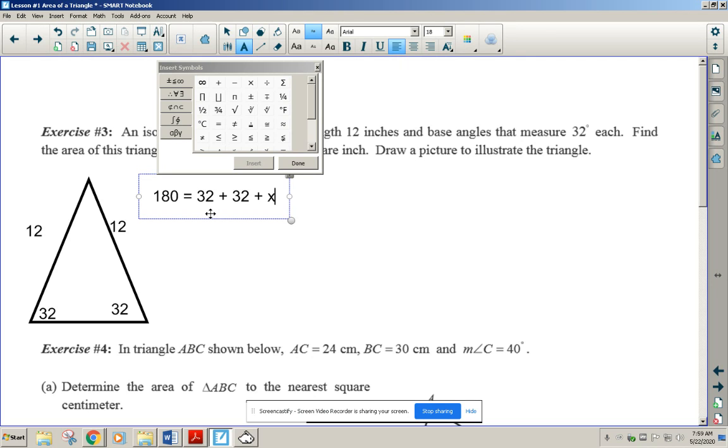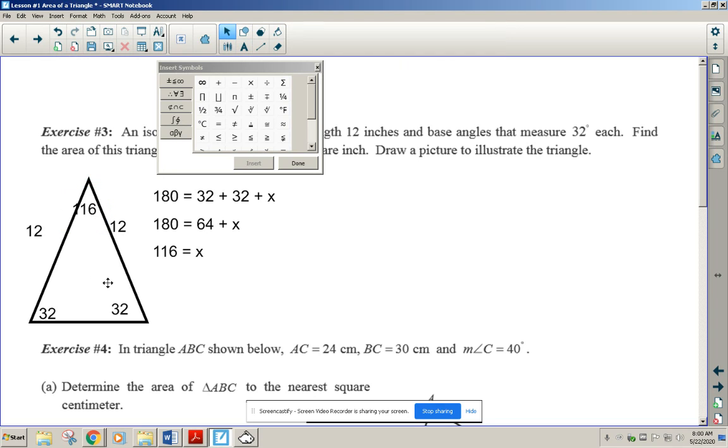32 and 32 is 64. So now I have 180 degrees is equal to 64 plus x. I'm going to subtract 64 from both sides. So now if I do that, 180 minus 64 gives me 116, which is equal to x. So here's my vertex angle all the way up here. It's 116. Now I know this isn't a perfect picture, but that's okay as long as we get the job